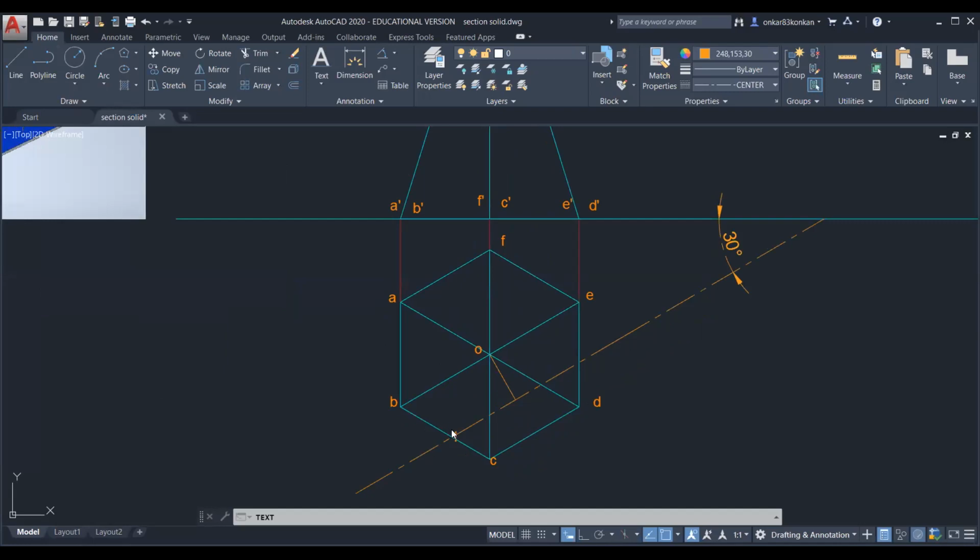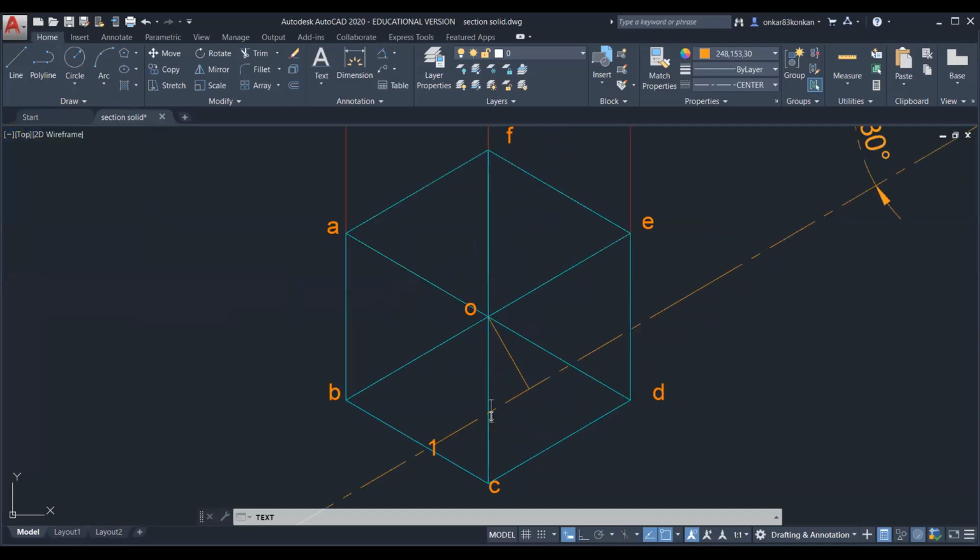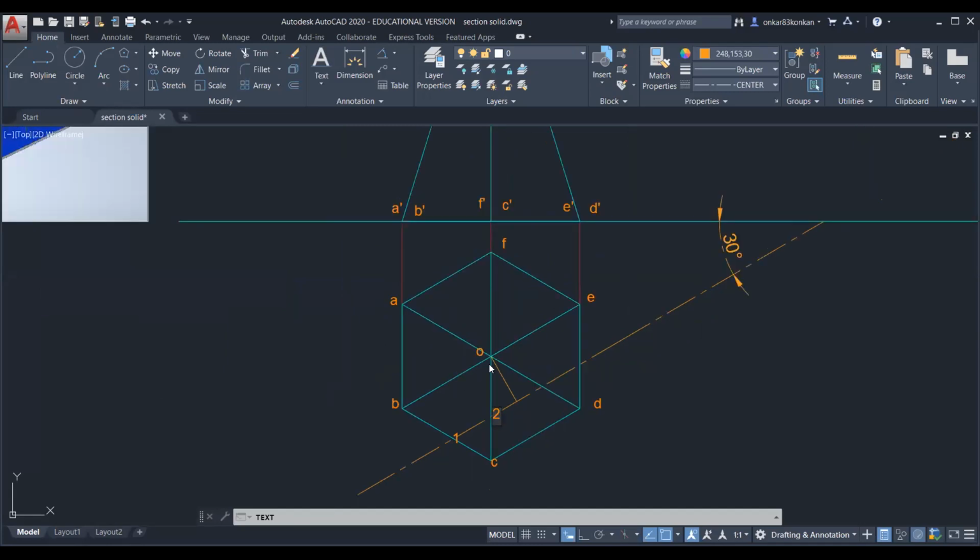Here the point 1 is the intersection of the section plane with the base edge BC. Then this is point 2. So it is the intersection of the section plane with the slant edge OC.